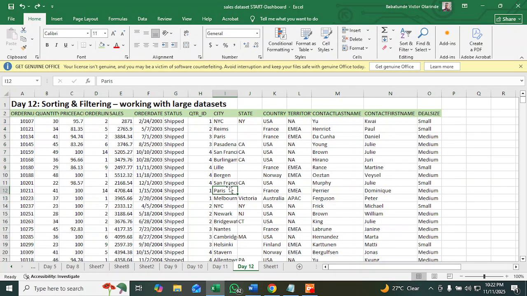Alright, today we're going to be looking at sorting and filtering. Sorting and filtering is usually used when you're working with large data sets. So let's get into it. Now, sorting has to do with rearranging or resetting your data sets